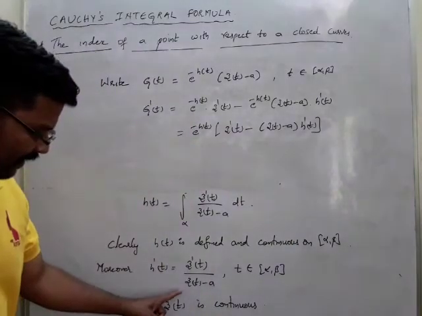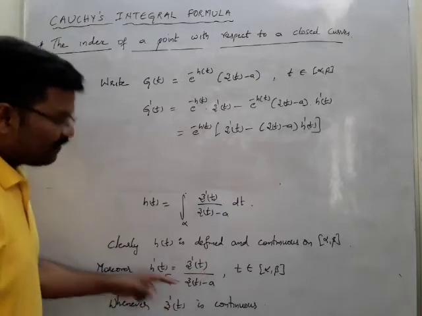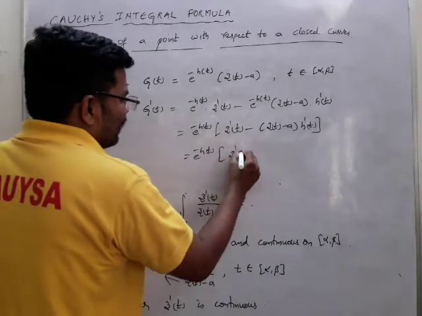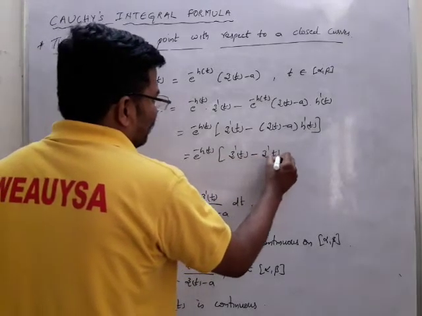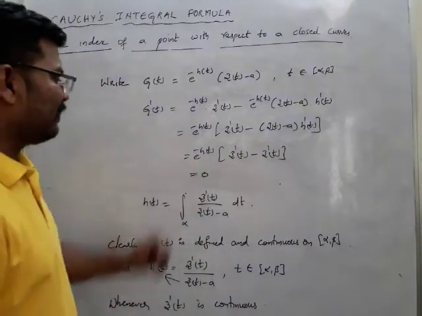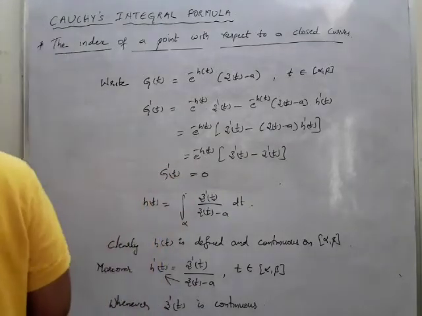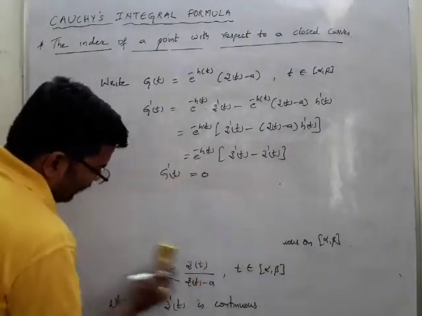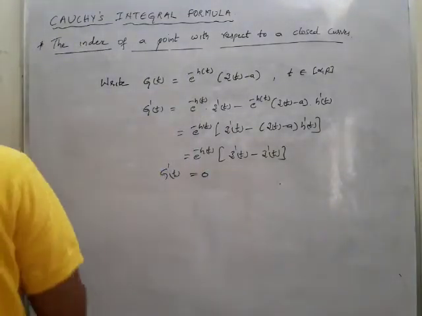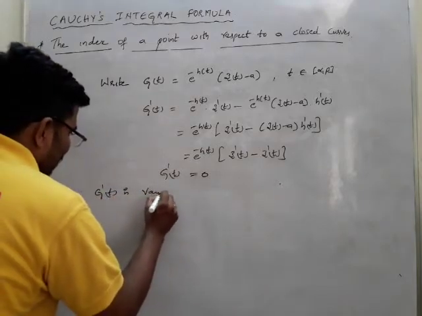Now from here, if you take z of t minus a times h dash of t, you get the value z dash of t. So you get e power minus h of t into z dash of t minus z dash of t, which is nothing but 0. So g dash of t is 0, which means g dash of t vanishes at this point. Therefore we can say g dash of t vanishes